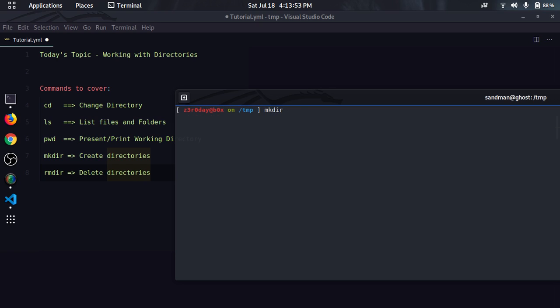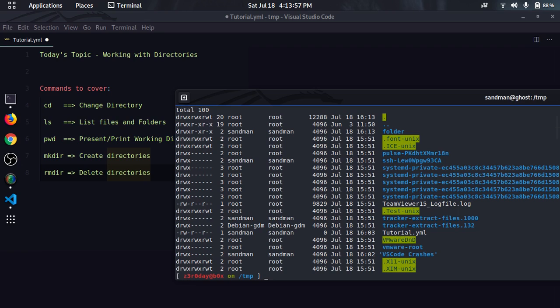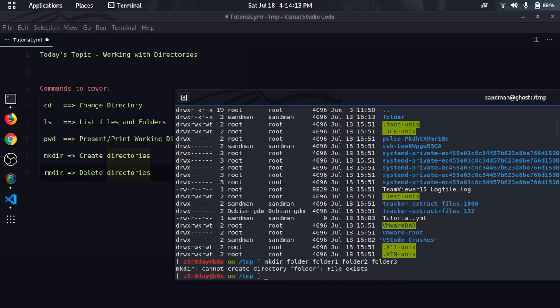mkdir, then name of directory, folder, ls -la. Now as you can see, it is created, and the first character is d, meaning directory is created. We can even create multiple folders using folder 1, folder 2, folder 3.